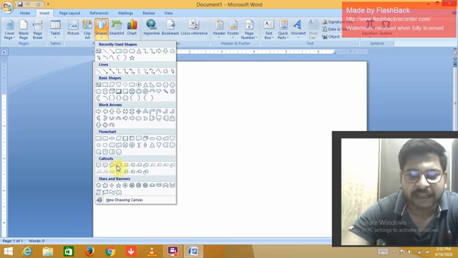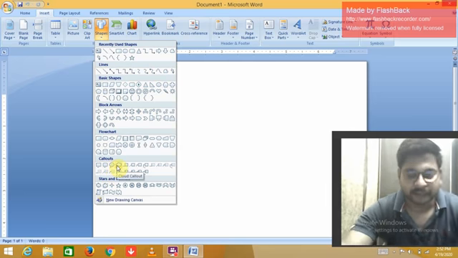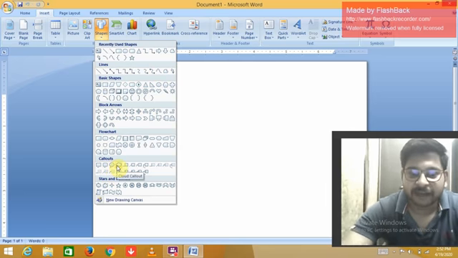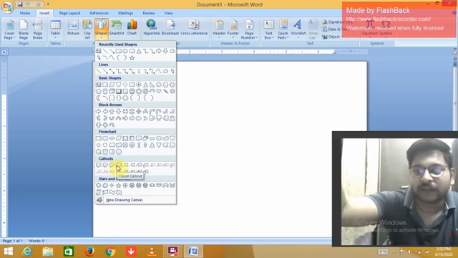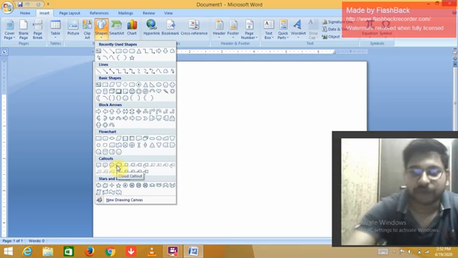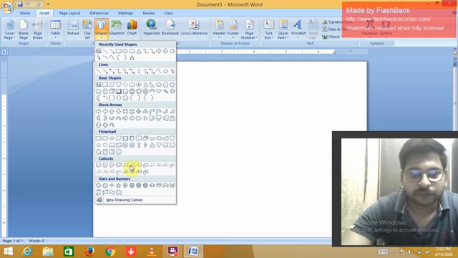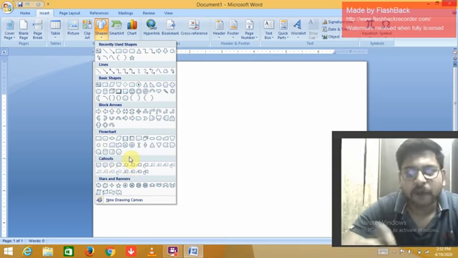We can say that in a group picture, when there is a birthday of one person, we tag this callout and write happy birthday. This we can show that. All of you understand? So let's take an example of a simple shape and see how we can insert it.